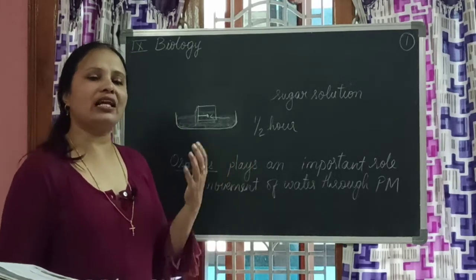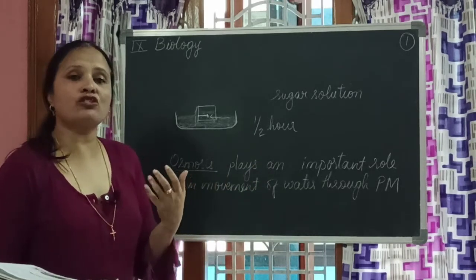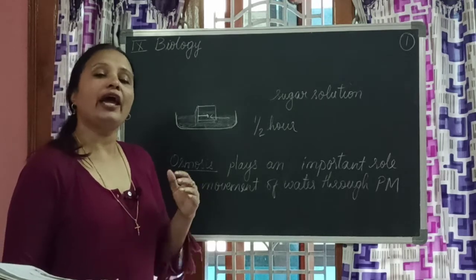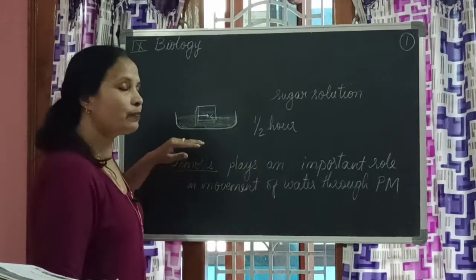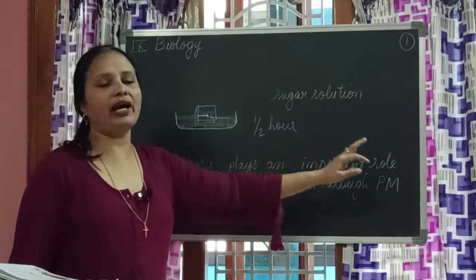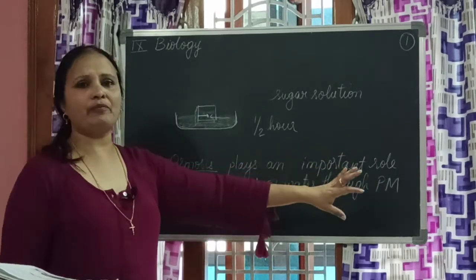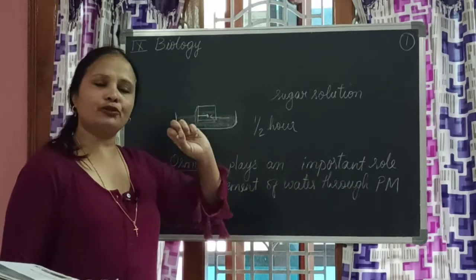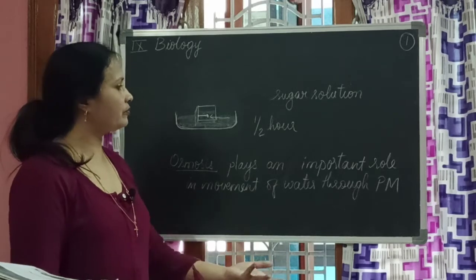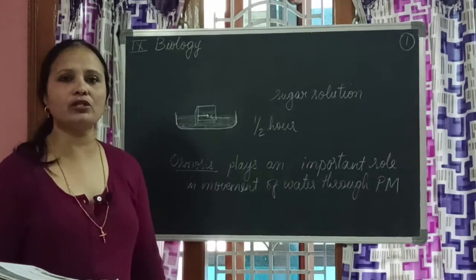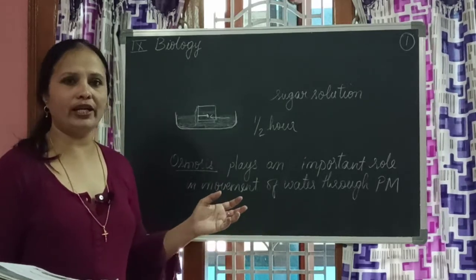Suppose the cell requires more water, endosmosis takes place. If the cell does not require water, it has to remove the water, exosmosis takes place. What is playing this important role? The important role is played by the principle of osmosis by the plasma membrane. So with this we understand that the plasma membrane conducts osmosis through its layers over the cell. Now in the next session we will learn about how only selected things are permitted through the plasma membrane through an experiment. Thank you.